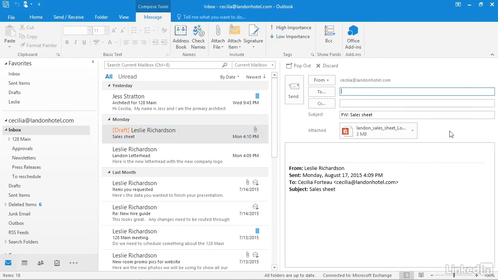Now that I'm forwarding this to somebody else, a few things have happened. Outlook has kept the attachment in the email, assuming that whoever I'm sending it to would also like to get the attachment. I'll address this one to Jonathan, and I can change the subject. I can do this in a regular reply also if I wanted to. I can add any new information,